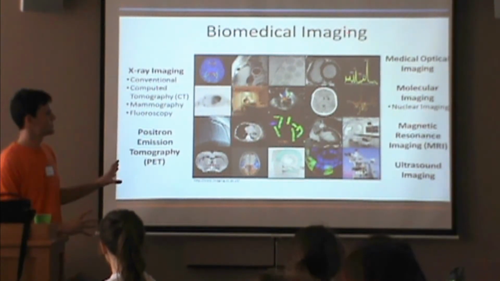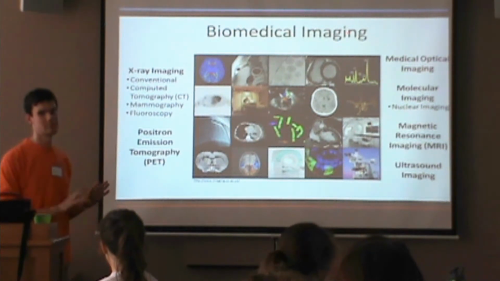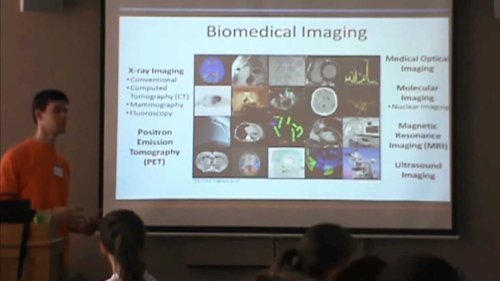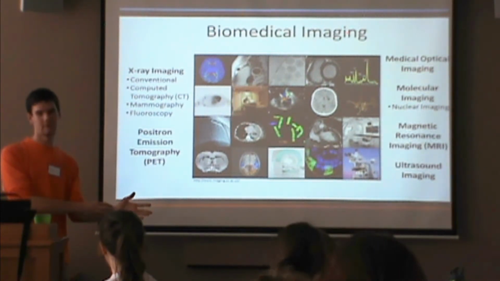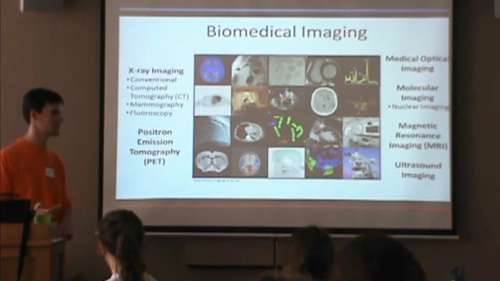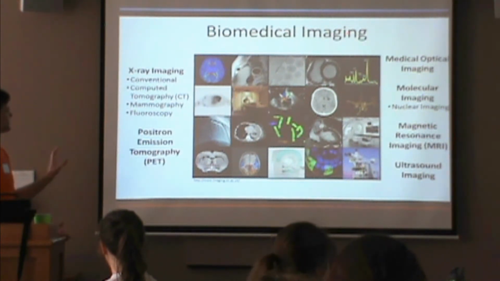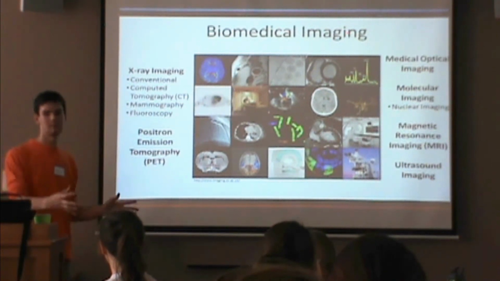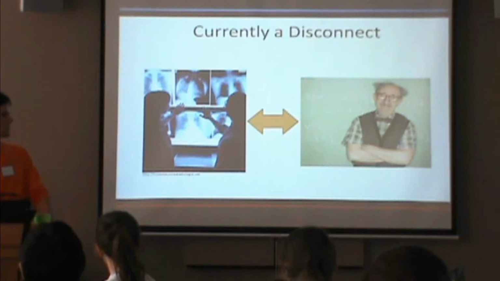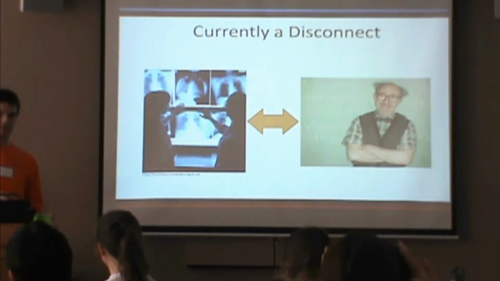Essentially, what we just showed you was that biomedical imaging encompasses all these different types of imaging. So when people think of biomedical imaging, they don't just think of you go and get an X-ray in your hand and then it shows your head. But pretty much there's just a breakdown. And so X-ray imaging, you have just the conventional, which is just the actual picture of the body. Basically, math is the thing that is generating these images, and math is what's behind it. So if you know math, then you sort of